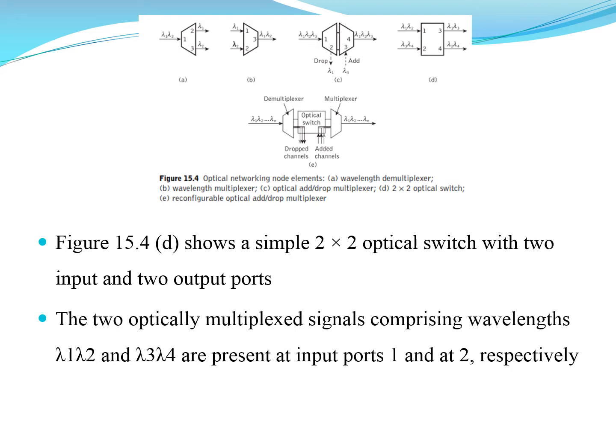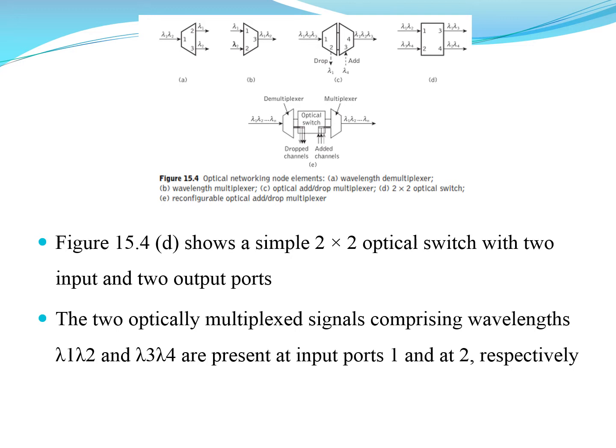So this is done using the drop and add multiplexer process. Here we see we have a demultiplexer, an optical switch followed by a multiplexer. This is how the OADM is combined with the multiplexer and demultiplexer. We consider this as a 2x2 optical switch, a switch with 2 input and 2 output ports. So 1 and 2 are acting as input ports, 3 and 4 are acting as output ports.